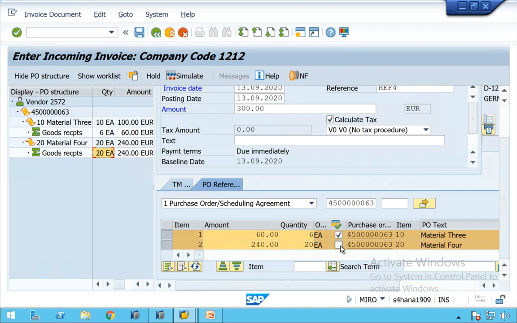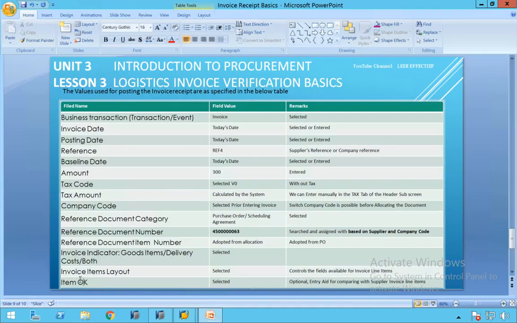But to demonstrate that whether you select or don't select, this is called the item OK or booking indicator. Don't get confused with that, which is why it is given as booking OK indicator. In goods receipt, in the MIGO screen, it is the item OK indicator. So we'll rename this booking OK indicator.